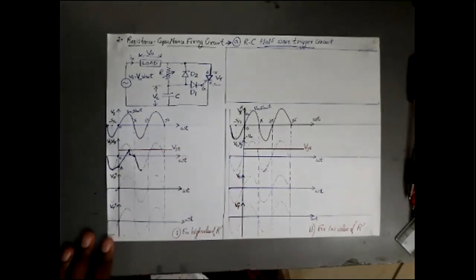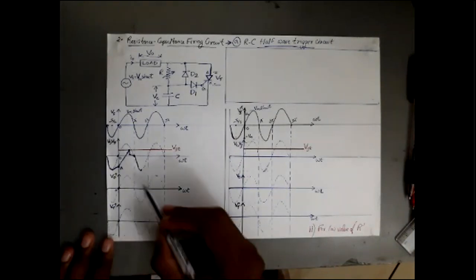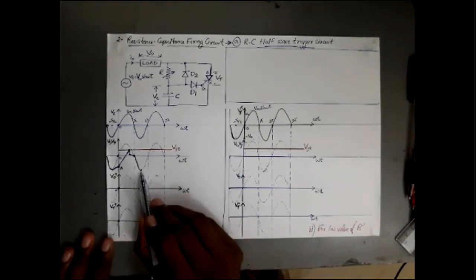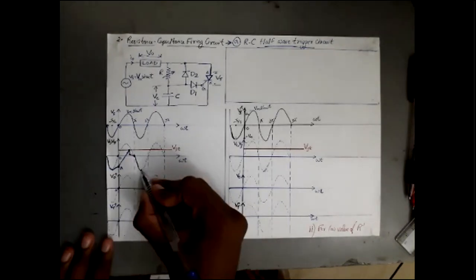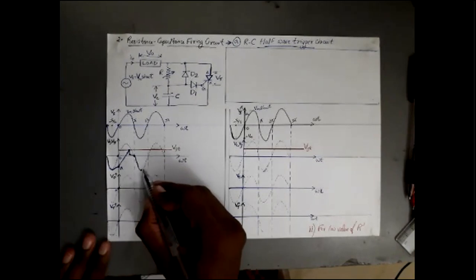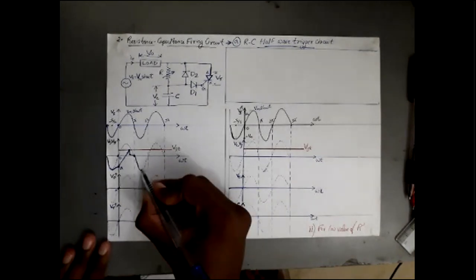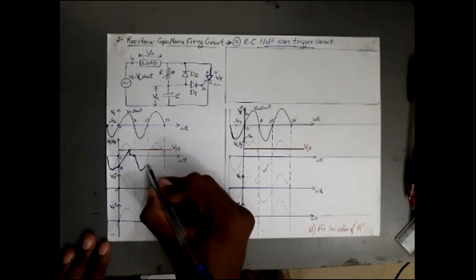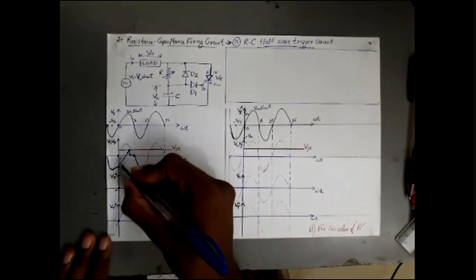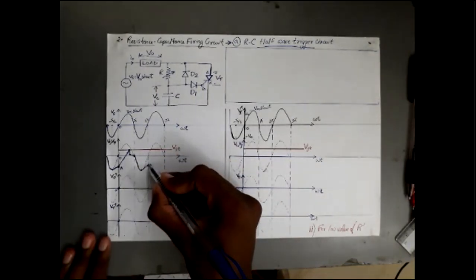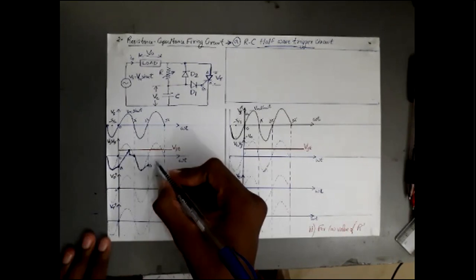Then again the voltage Vs starts decreasing, and my capacitor voltage will not suddenly reduce, but reduces slowly. As I said earlier, at point A, omega t equal to 0, my capacitor will have a negative value,